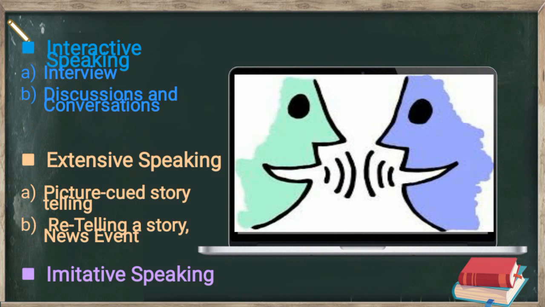Next is interactive speaking. These are some of the most common interactive speaking tasks. The first is interview. An interview is a face-to-face exchange between the test administrator and the test taker. The stages of an interview are warm-up, level check, probe, and wind down. And role play is a common pedagogical activity used in communicative English classes.